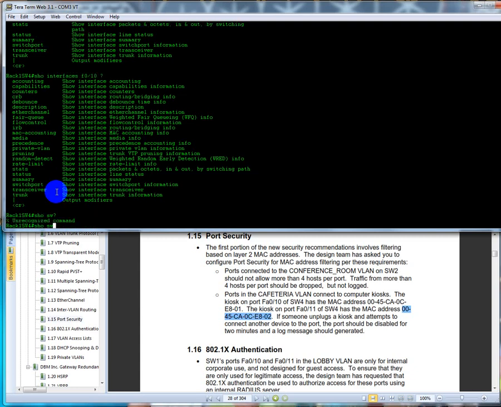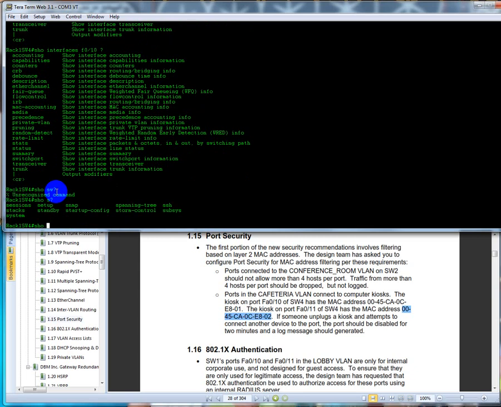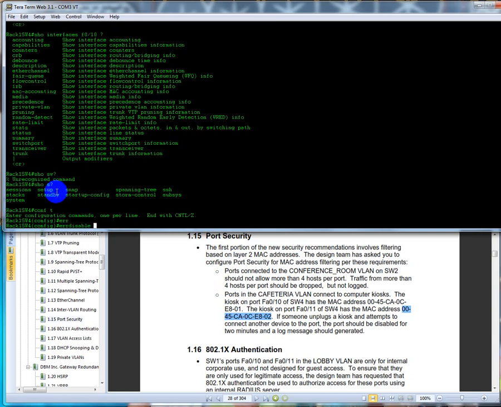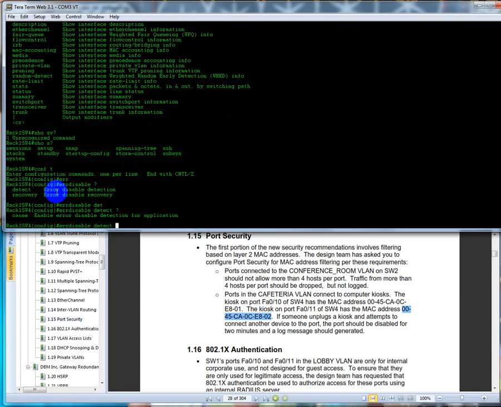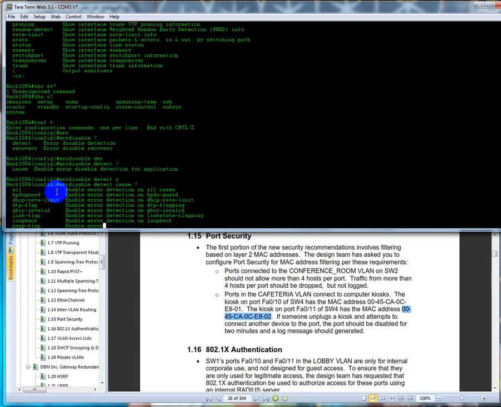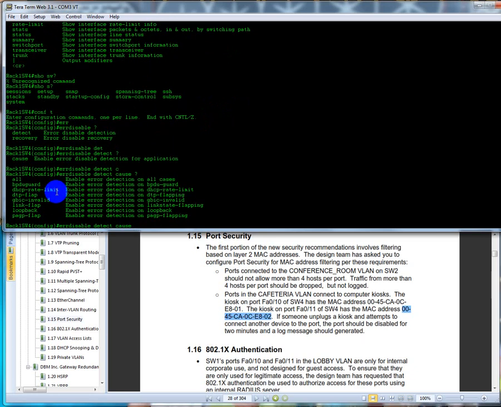Show switch port. Oh, I might not support that command. So actually, since we did that, what it will do now is, I'm forgetting to do something. We're typing error disable. We're going to say detect cause is going to be a